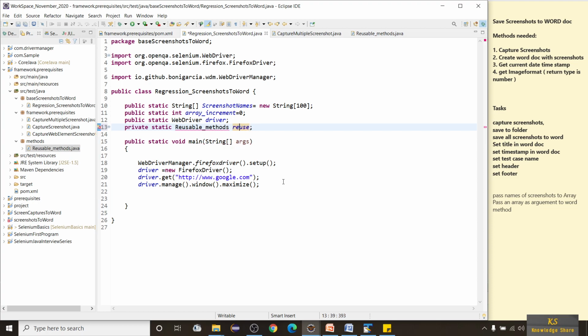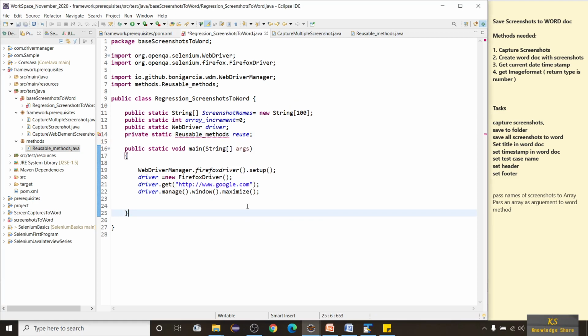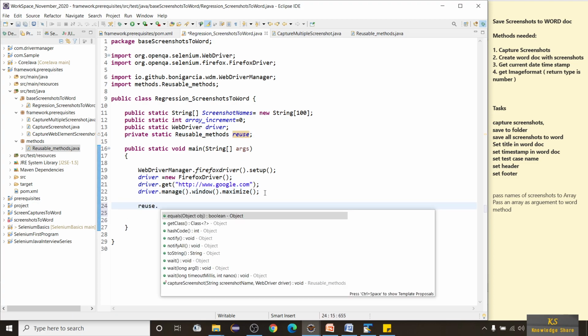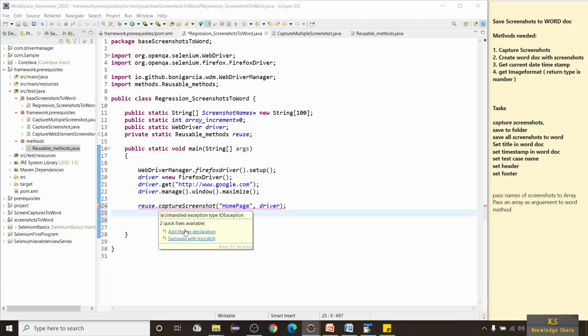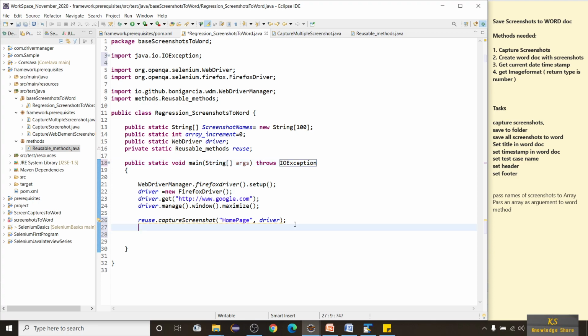Let me import this package. Now we have a variable to access. Now let's use reuse dot. See, we have a method, right? Capture screenshot and the name. Once the page is open, I want to capture home page, comma driver. Then it's expecting add throws declaration, give that.